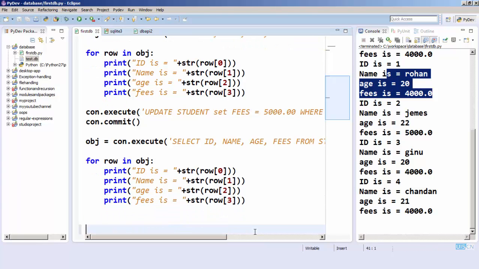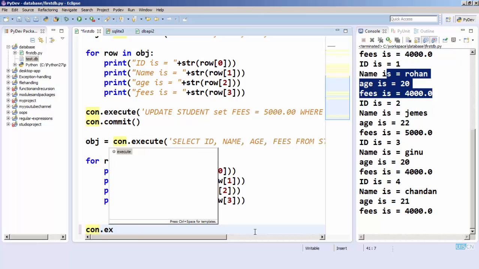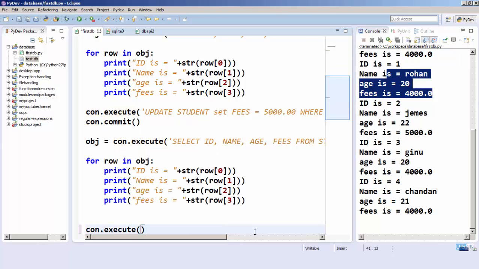So connection dot execute, and this method will accept the query first. Here you need to write the query delete from student, this is the table name, where you just need to make the condition, where id is equals